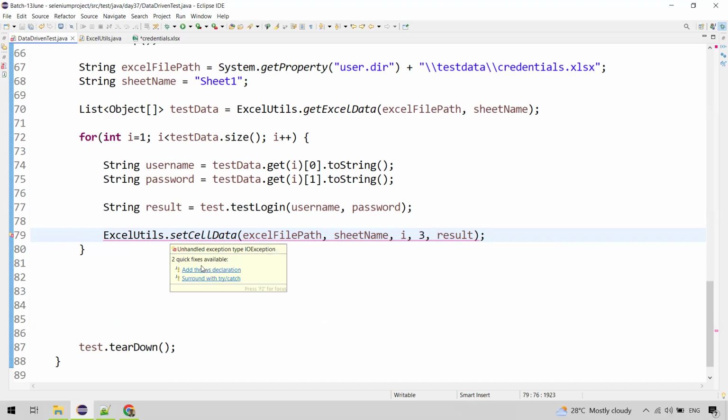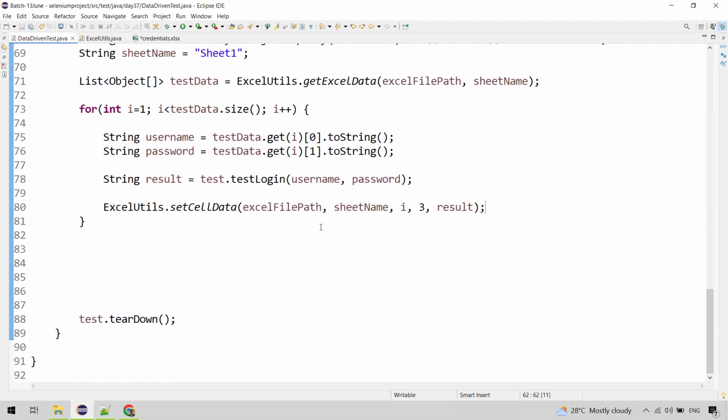Yeah, it is saying unhandled exception of type IO. So the file could be present or not. So it's a checked exception. You can just say add throws declaration. See, it has become so simple. We just need to call set cell data and pass the parameters it is expecting. Ith row,